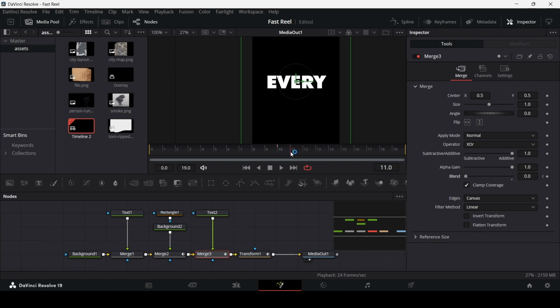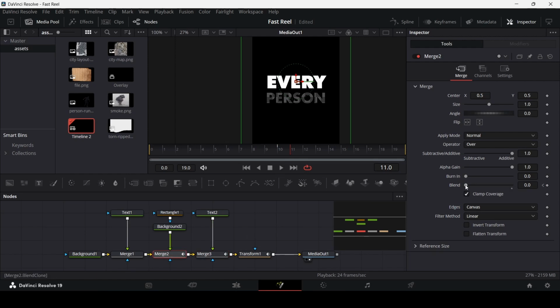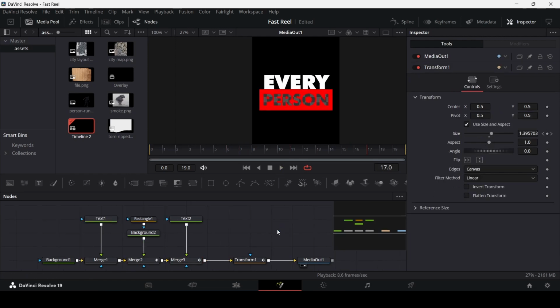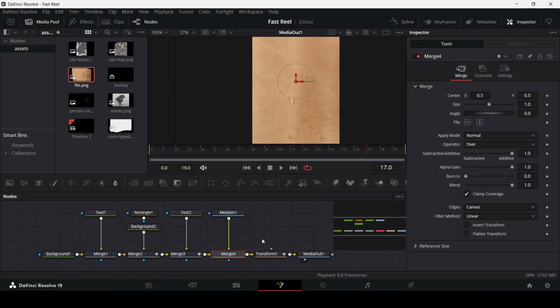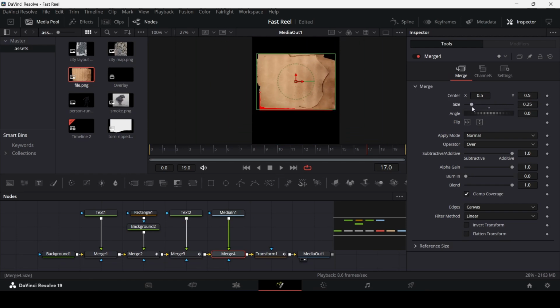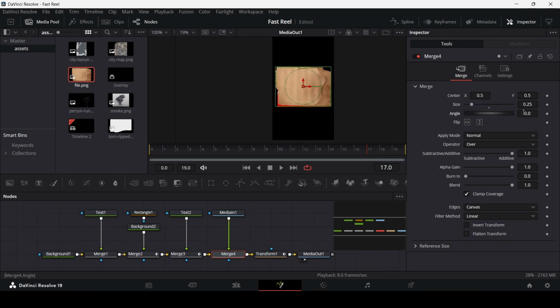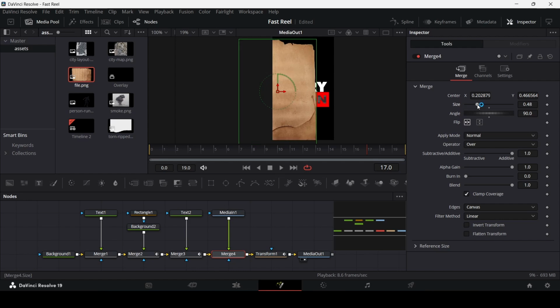And now go over at 11, change this back to 1, and this one to 1 as well. So this is how it will look. Now let's go ahead and drag in this file, connect it with the merge 3, and let me just resize this, change the angle to 90, and let's also flip this and move this right here. And let me just increase the size a little bit more,